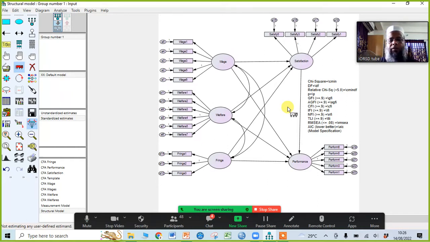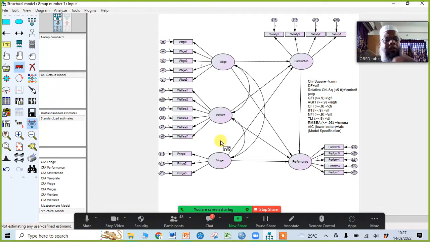Sir, my question is why we co-vary the exogenous variables in structural equation modeling. Is it necessary to co-vary the exogenous variables? Actually, it doesn't make any significant change if you delete all the covariances between the exogenous variables.